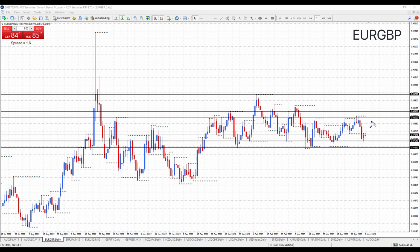Okay, onto Euro Pound. Now this fell perfectly at daily resistance, 88.65, holding to the range last week. Traded all the way back down to the bottom of the range in terms of daily support at 87.54. We tested that level yesterday and it's already reversed on a daily basis. We could see a further test, but are we now moving up